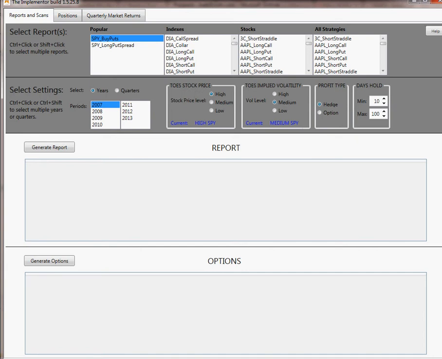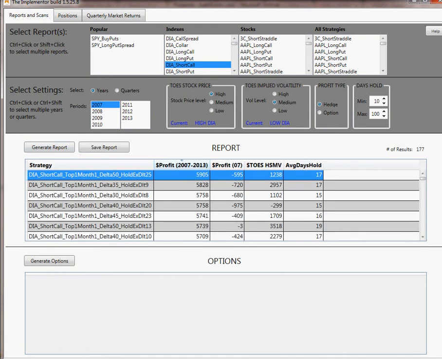So the first thing you do when you get to the Implementer is choose an overall strategy. So we'll be looking at our favorite, selling calls in Diamond. Simply click on that report and click Generate Reports, and you will see the information come down in the report section, and it's sorted by the highlighted column, dollar profit 2007 to 2013, which means the average profit for